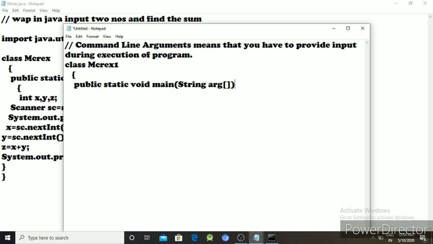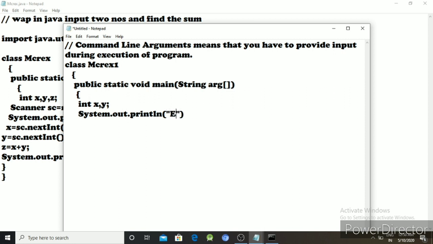Okay, second int x comma y, only two variables. Then use system dot out dot println.